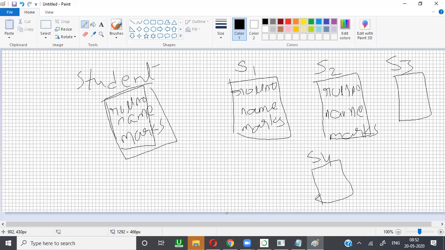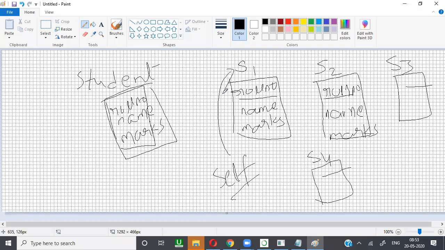Here, to differentiate these roll numbers, which belongs to which object? So we defined self. Self indicates it's me, it's my roll number, it's my name, it's my marks. Which marks? If you are working with S1, S1 is saying that it is my roll number.